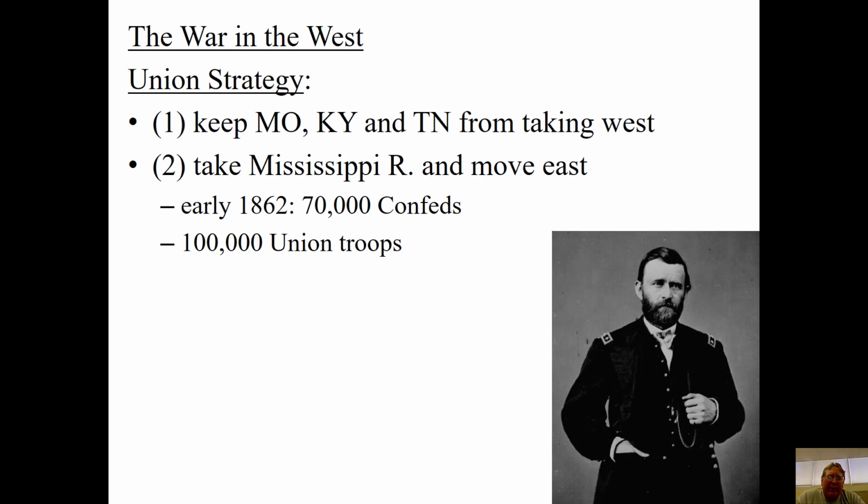But they have about 100,000 Union troops up against about 70,000 Confederate troops. But keep in mind, a lot of those Confederate troops are spread out over 3 or 4 states. The Union's able to bring 100,000 to bear at any given point they want to fight, and they still have other troops to keep the Confederates busy in other areas. So this really is one of the reasons why the North's doing well out here. So many troops for the Confederacy are going east to help Lee that it doesn't leave a lot out here in the West to keep the Union off of them.